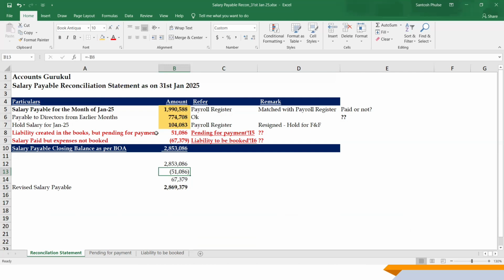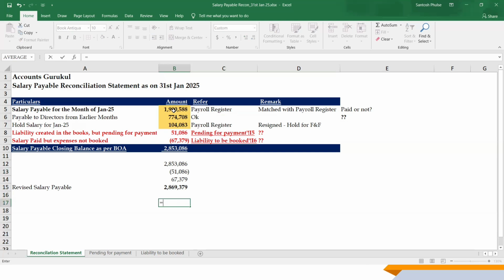So this balance is going to be reduced by 51,086. For the salary paid but expense not booked, when we book the expenses, we credit salary payable. So this is going to add. And by doing all these things, the revised salary payable balance as per the books of account should be 28 lakh